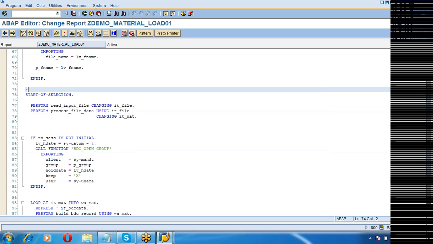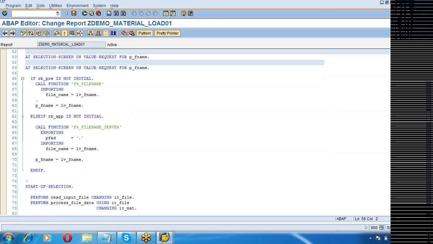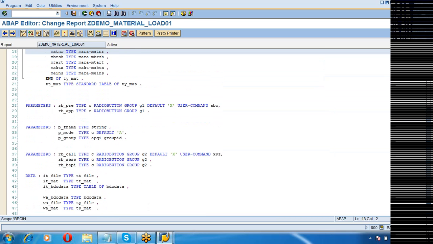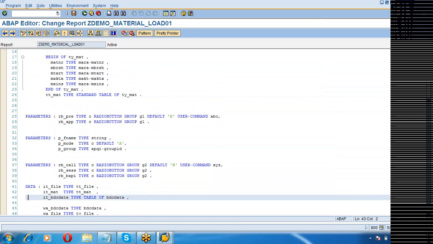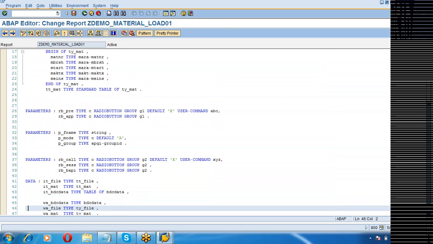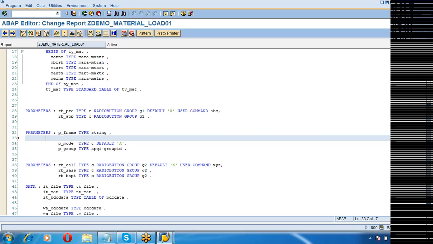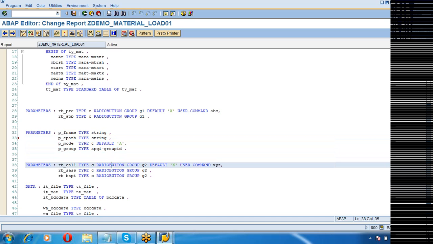So, let us try to have an error file. First thing to do is we will have an error file path. Okay, I have an error path.